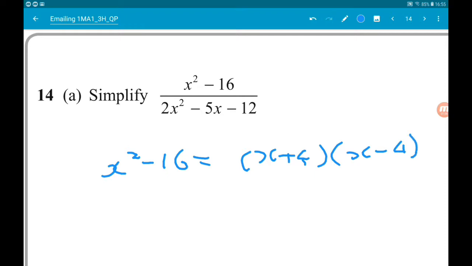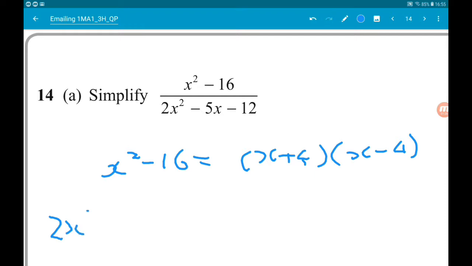Okay, so that's the top. Now the bottom. To be able to simplify this fraction, there must be a common factor on the bottom as there is on top. So that tells us one of our brackets on the bottom is going to have a single x and a 4. So